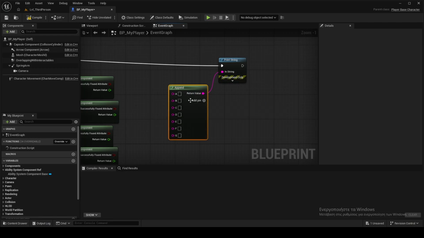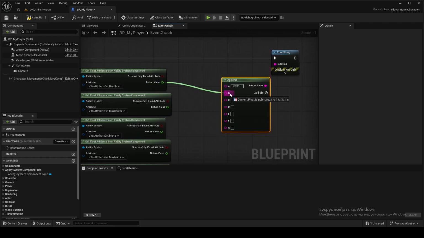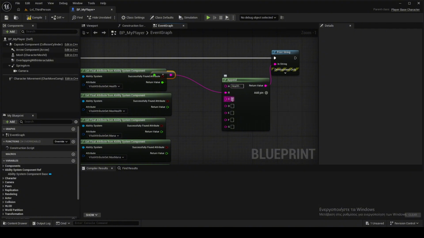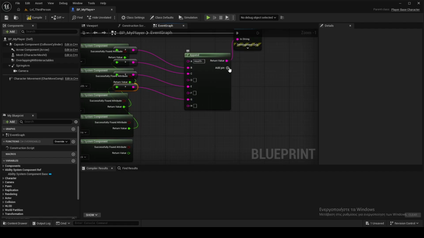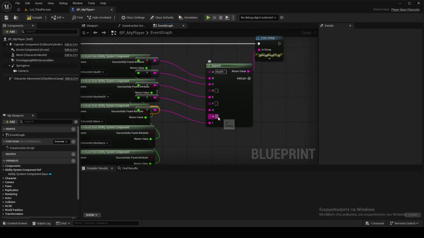add pin. So let's do health, and the health will be this one. Then we'll do max health, this one, this, and I will do another one, and I will say physical attack. This is max mana, and this is